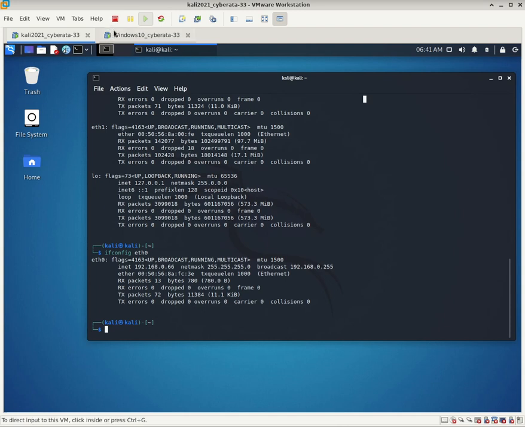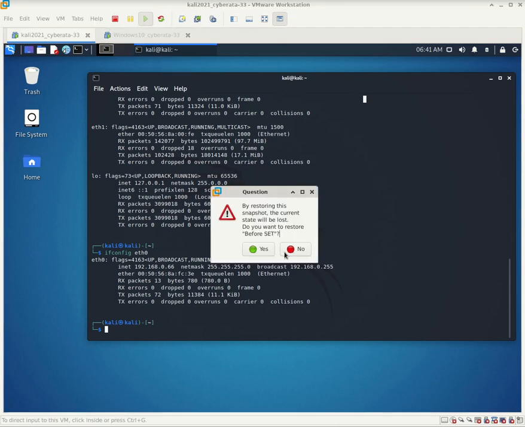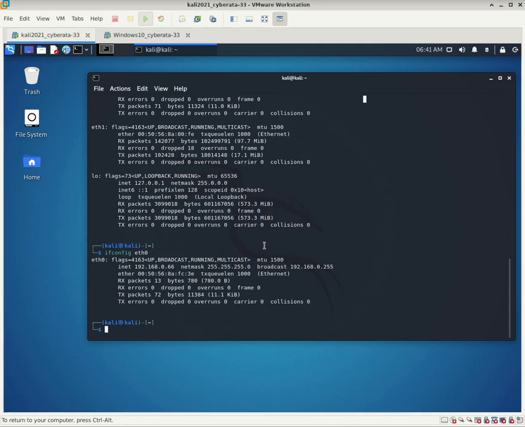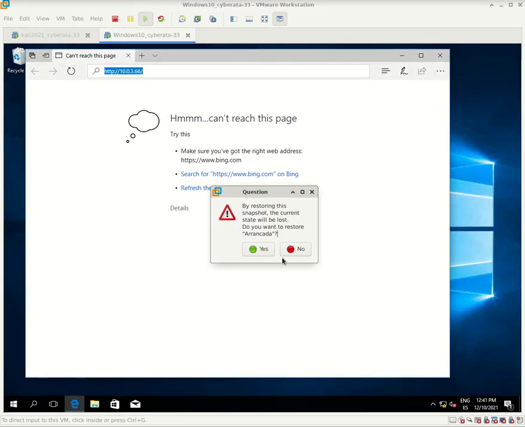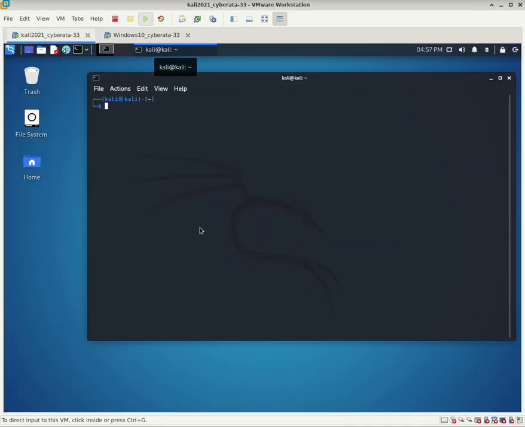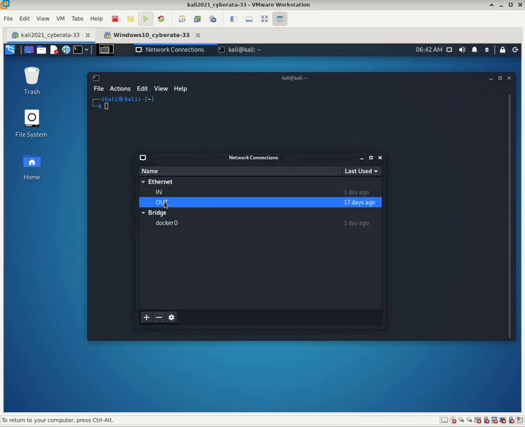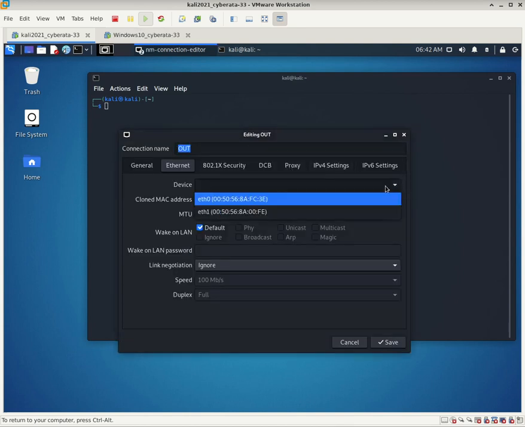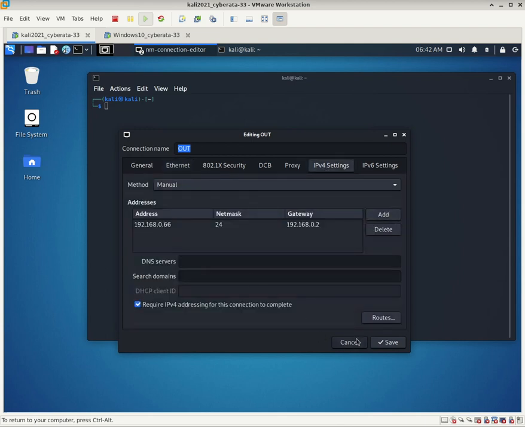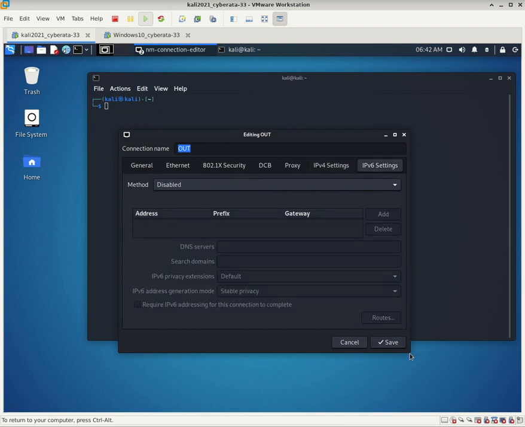So let me start by going to a fresh state of the Kali machine, and same thing for the Windows, our victim. Okay, we're here. Let me check the connections. Out should be ETH0. ETH0, yes, it should be manual, and we're not using